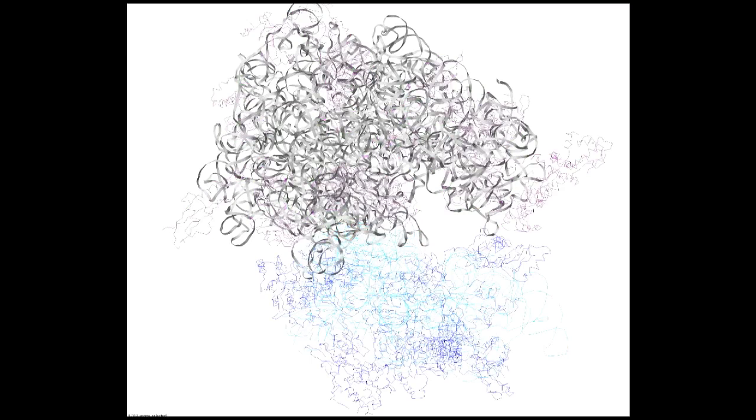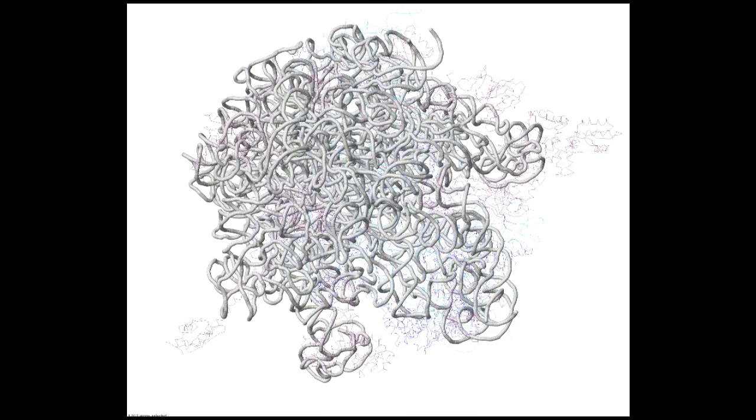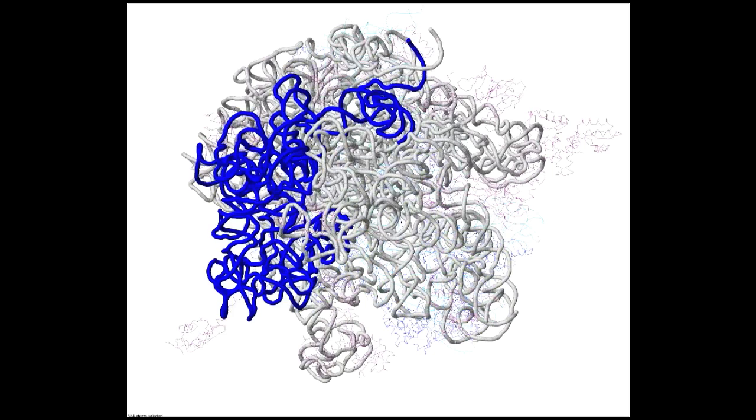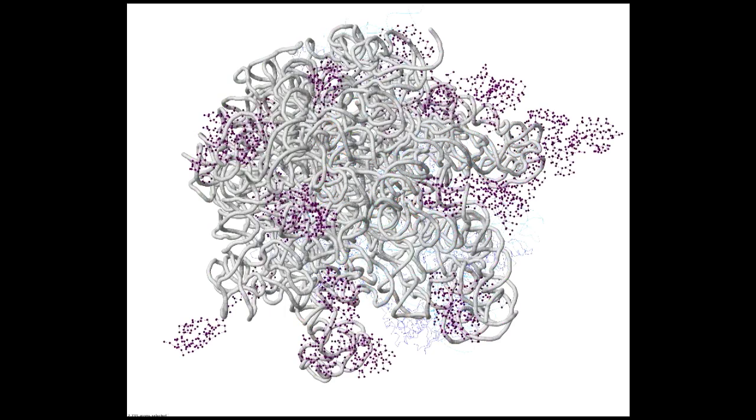Let's now move to the large subunit and look at the 23S RNA of the large subunit. And here we're seeing that there are 6 major domains, but they're not nearly as separated as the domains in the small subunit. They're rather much more intertwined. So we're just rendering the 6 domains in different colors here. And in addition to the 6 domains of the 23S RNA of the large subunit, there is also the 5S RNA here, the small RNA of the large subunit.